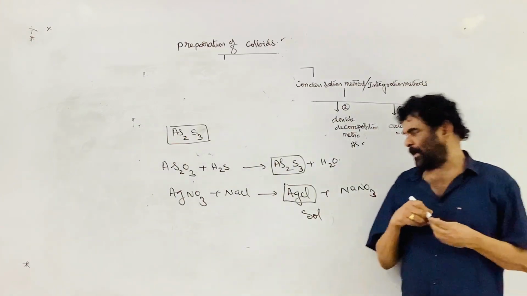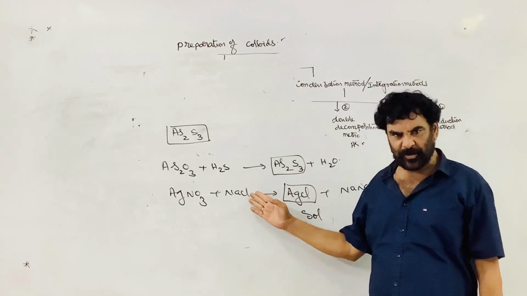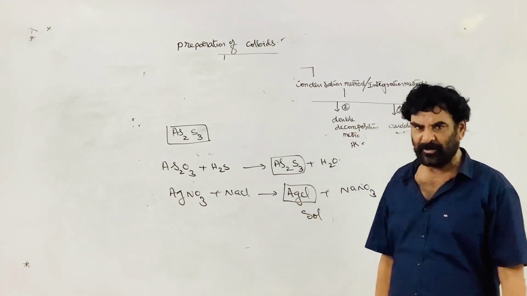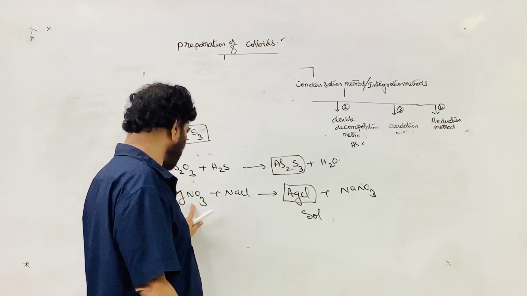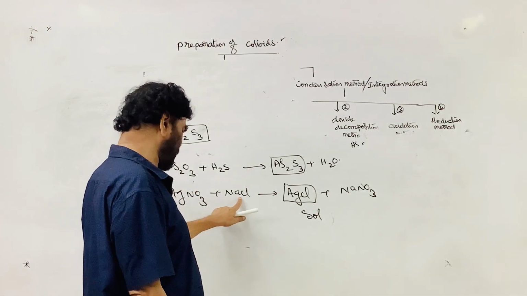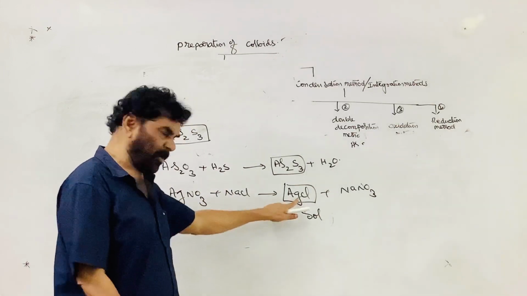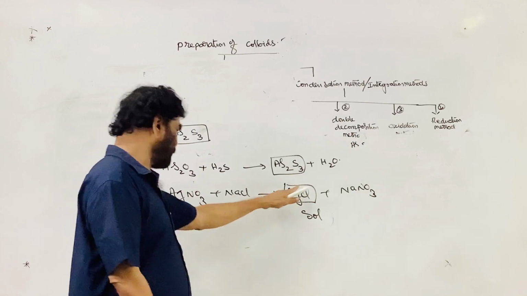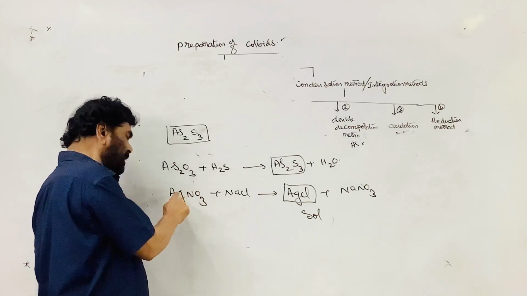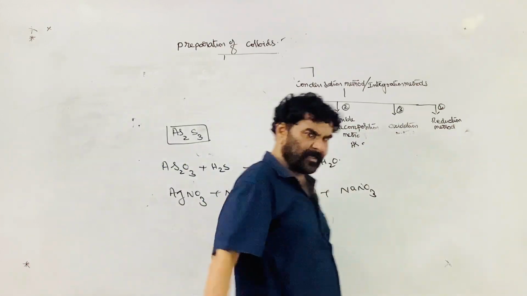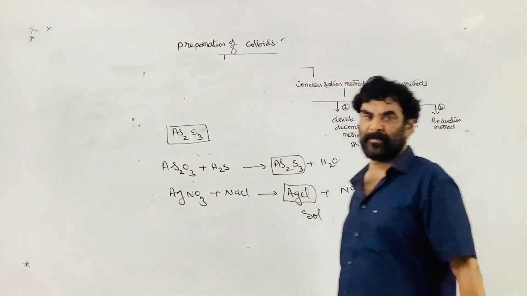Normally we say that a precipitate is formed. But suppose you take less sodium chloride, then what happens? A colloidal solution is formed. If less than the required amount is taken, then the total silver nitrate is converted to silver chloride, and on that silver chloride, some AgNO3 is still present. The silver ions are adsorbed on the surface of it. This is the peptization phenomenon, preferential adsorption.